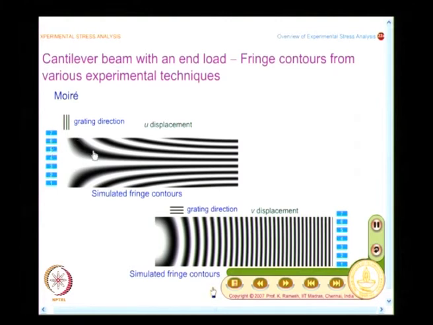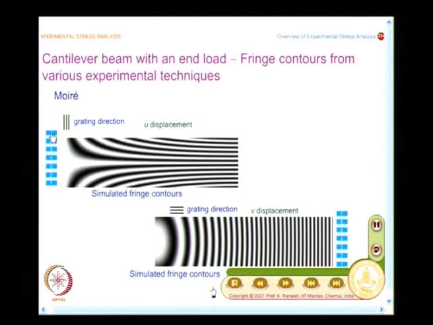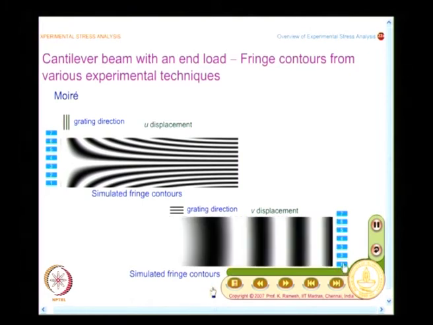Try to get only the skeleton, you do not have to draw the band, you get a geometric shape and a few fringes which will give you an idea how I get the fringes in the case of a cantilever beam subjected to an end load, and I can increase the load, more and more fringes get formed. Then I can also look at the v displacement, this also I can look at as a function of applying load, and you will see as the load is increased you notice in this zone more and more fringes develop and they become denser in appearance.